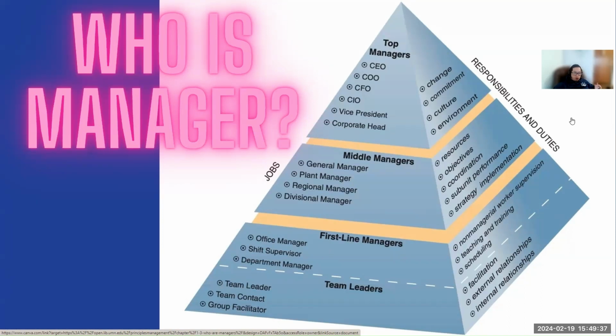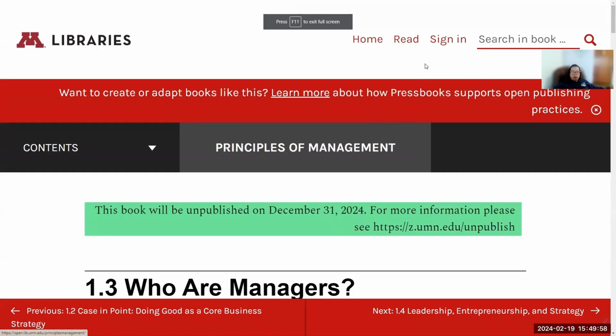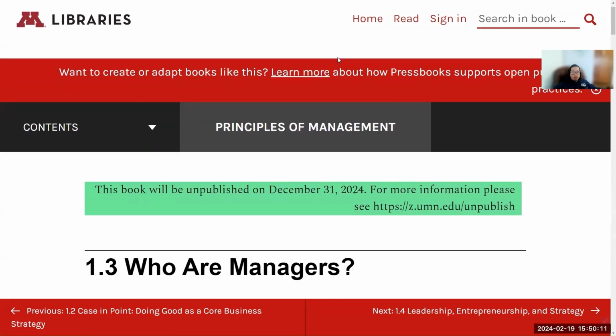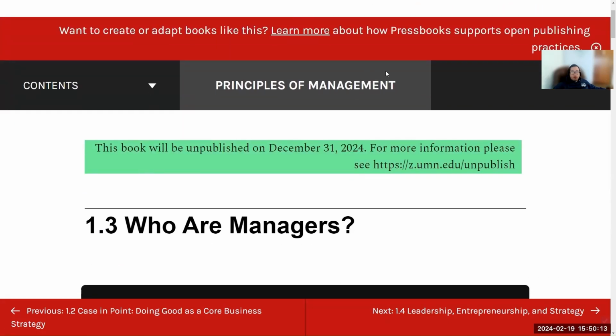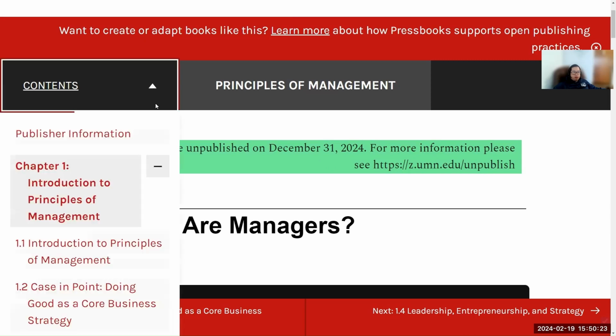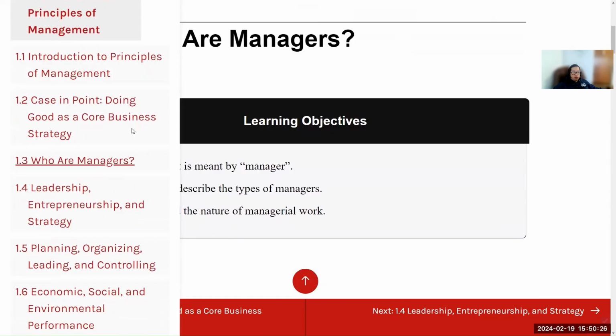But how it goes and how we define it, we've got to go through some kind of material in here. They use some kind of open source study, and you can find it, you can Google it, it's pretty open access for now. They call it Principles of Management, a collective, general idea of management. And remember, this book is still free until the end of this year, so take time to read through it. You understand some general concepts of management.